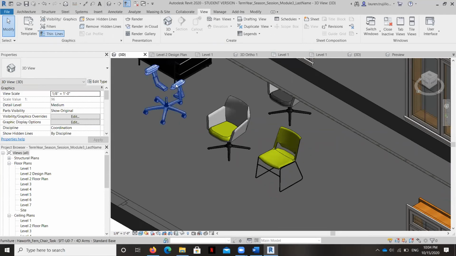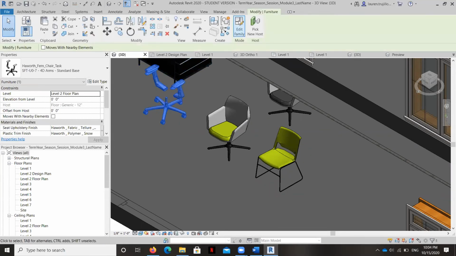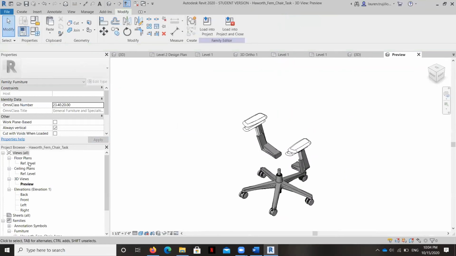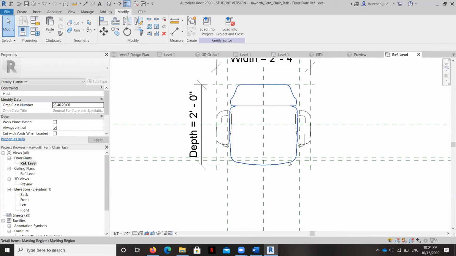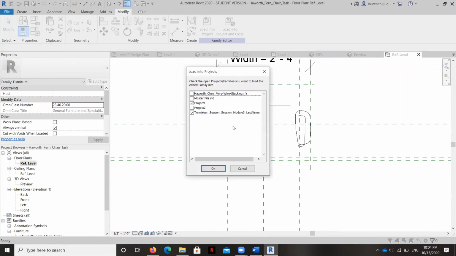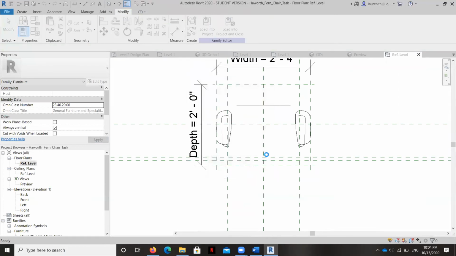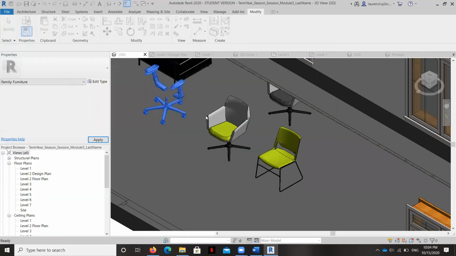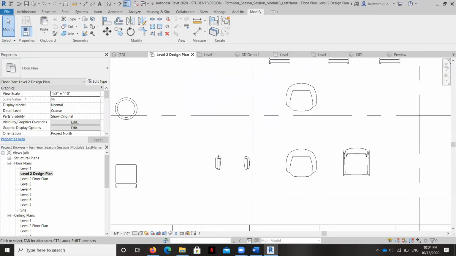Now you still see it in the floor plan view because I didn't change the drawing of the floor plan. See, so in order to do that, I'd have to unpin it and then delete it there. And then when I load it into the project, it should, yeah. So in order to delete something and reload it, you can see on these families, you have to change it not just in the plan, but also delete it in the rendered 3D form of it and vice versa.